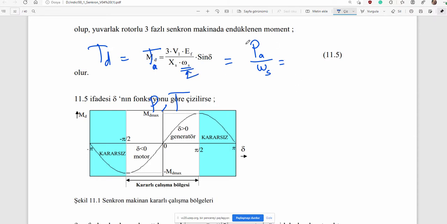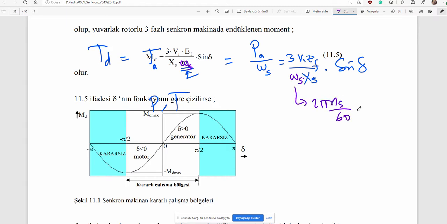So let me write first of all PA, which is 3 times voltage EF over XS times sine delta, and now here is WS, that is the shaft speed or synchronous speed, the same, coming from 2 pi ns over 60, and ns, you know, it is coming from 60 f over pole pair number. So generally this and this and this are constant, so power can be altered mainly by this term,